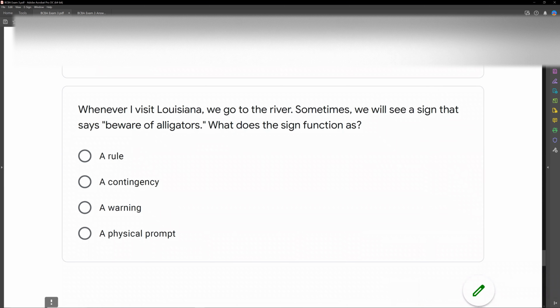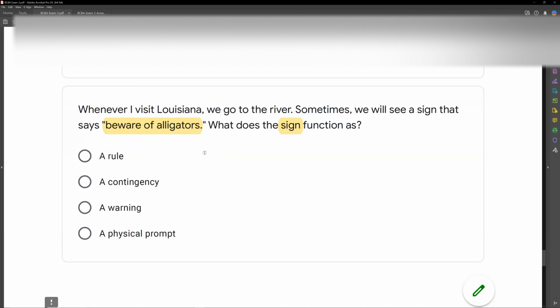Whenever I visit Louisiana, we go to the river. Sometimes we'll see a sign that says, "Beware of alligators." What does the sign function as? All right. Whenever you see signs with things like beware or stop, start to think rule-based, okay? Now,